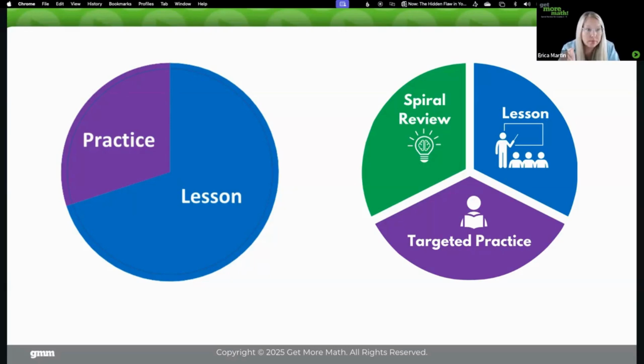Well, that's a lot of work. There's a reason I never did this for the first 12 years I was teaching. I didn't have the time. I had too many preps. I had too many kids. I lost my planning period. But when I found Get More Math